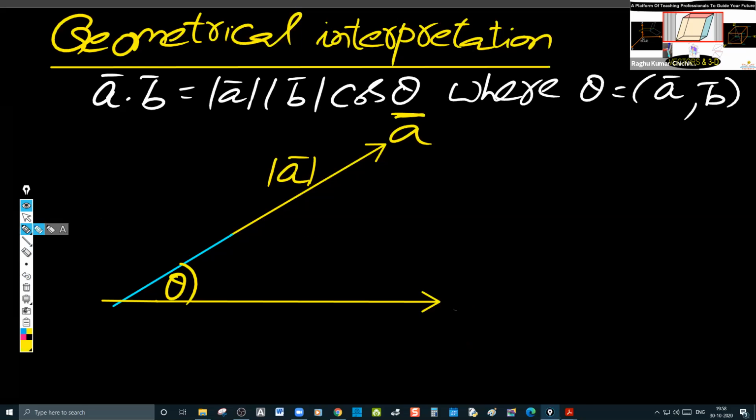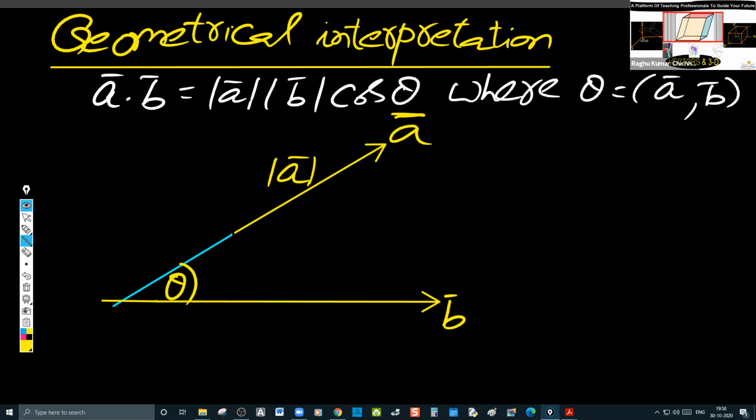This is a vector B bar. Now what I'm doing, I'm just taking the projection of A bar on B bar. What is the meaning of projection? You have to draw two perpendicular lines